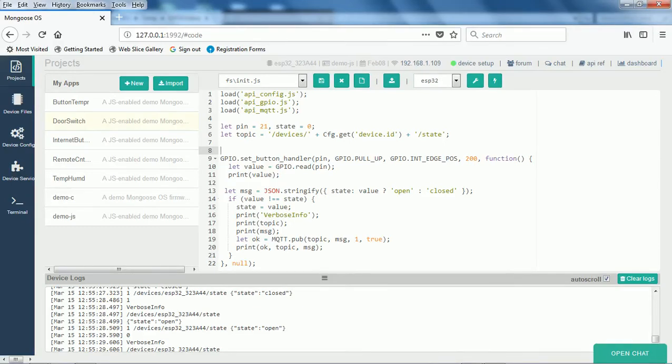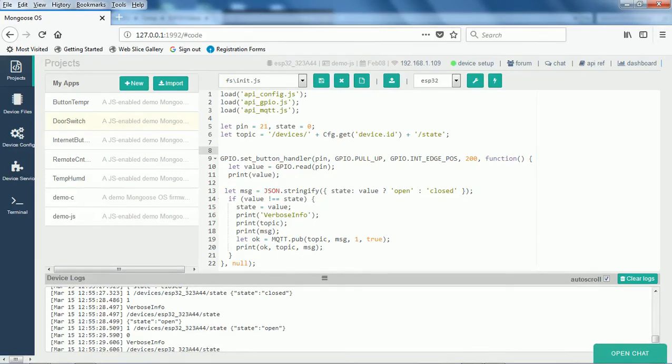Only when it is reversed, that means it's not matching, then you store the state. If it was initially closed and now I open it, obviously we need to update the state, saying that it is now open. So only when it is not equal, the state will be set equal to the value, and obviously we are just printing it as verbose information.